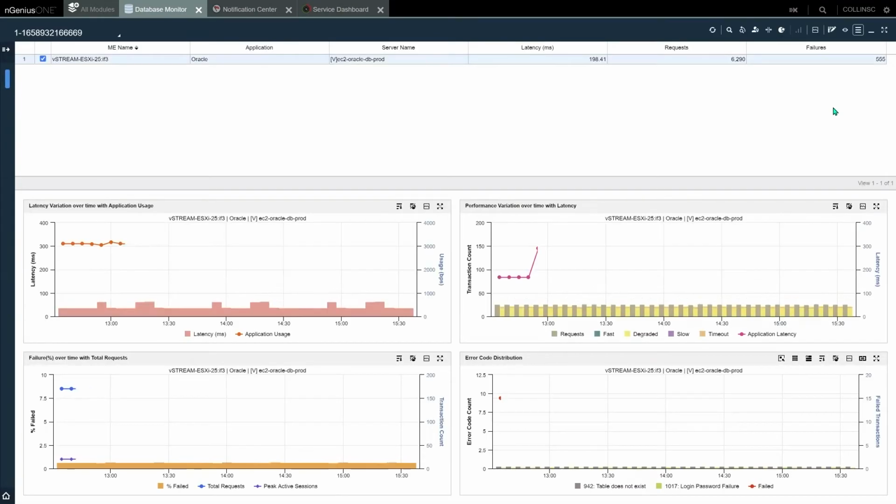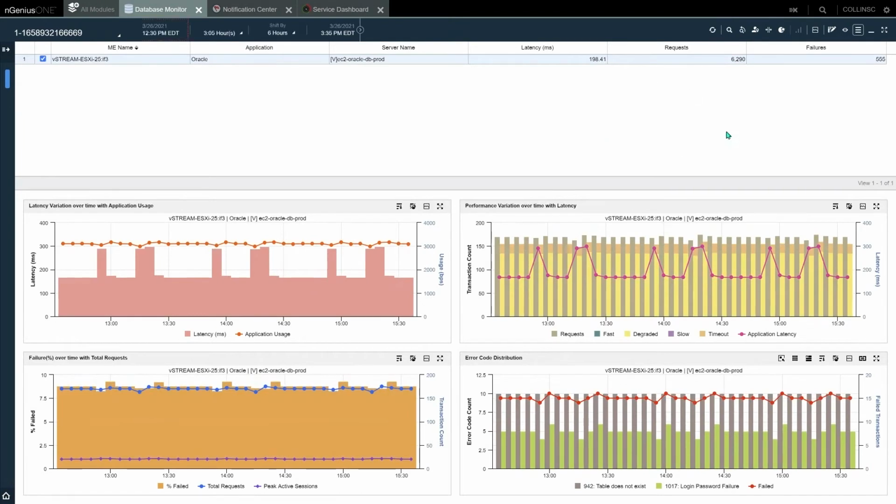So based on an alarm, my workflow is telling me this is what's going on. My failures, again, I'm counting this table as a failure, and login password failure. So I instantly know at a glance what failures I get. Well, the nice thing about it is this is configurable. I can make that "table does not exist" be informational as opposed to an error. Same thing for login and password, because you might get too many of those and you don't lose the data.